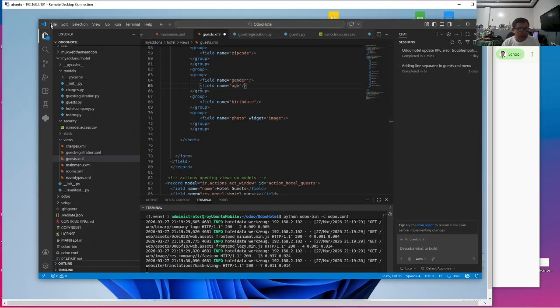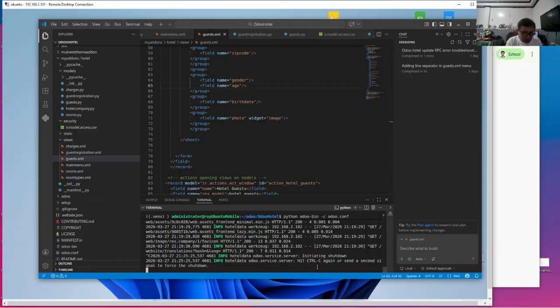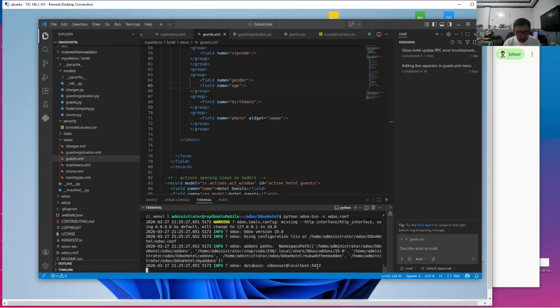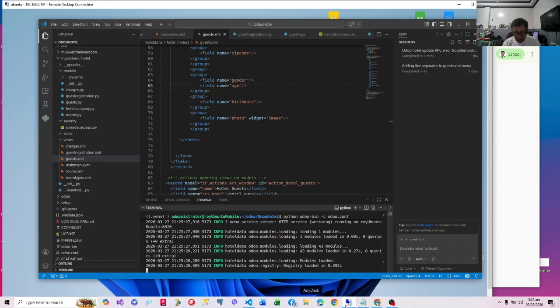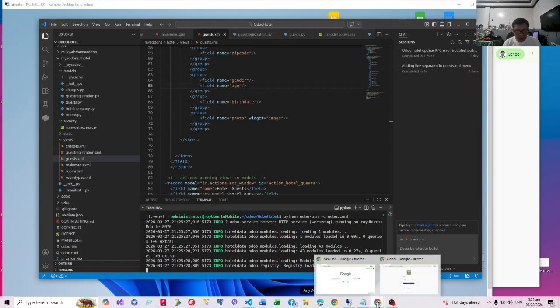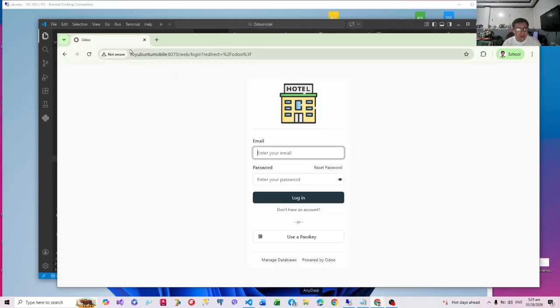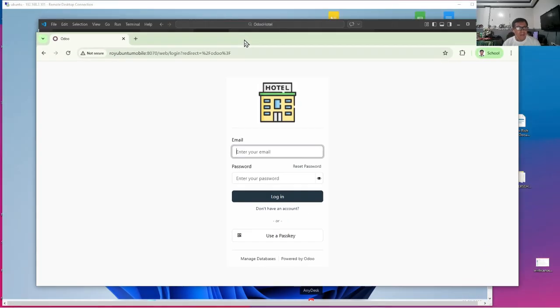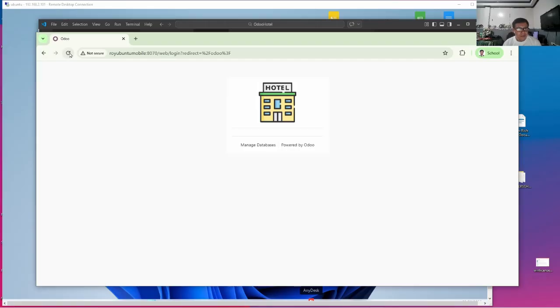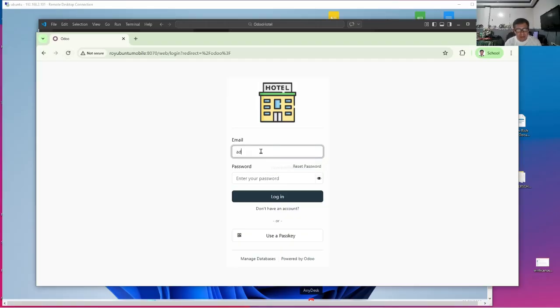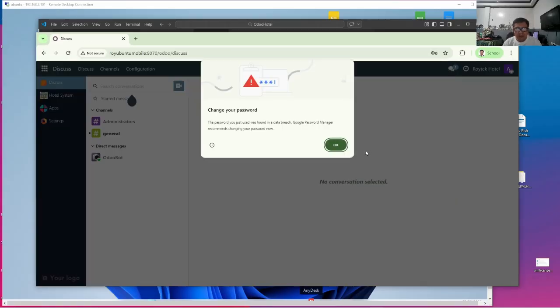Okay, let's save this. Since we have changed our model, we have to stop our server and run it again. And then we'll go to our remote host and log in from there. Let's refresh this and check if we can update the apps.